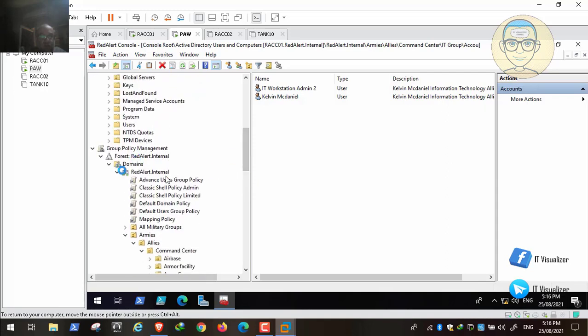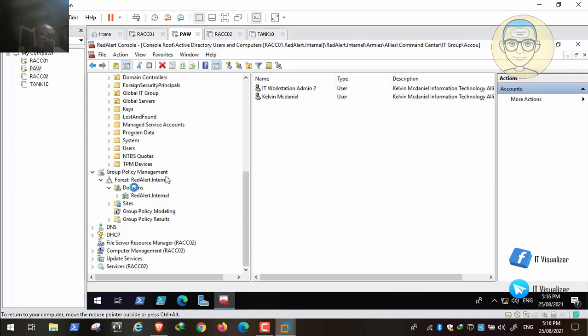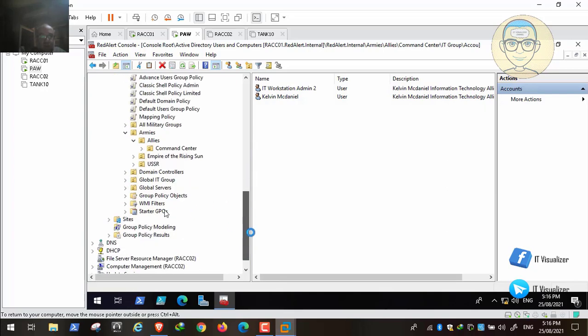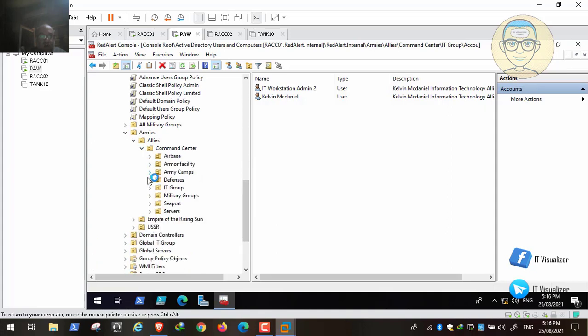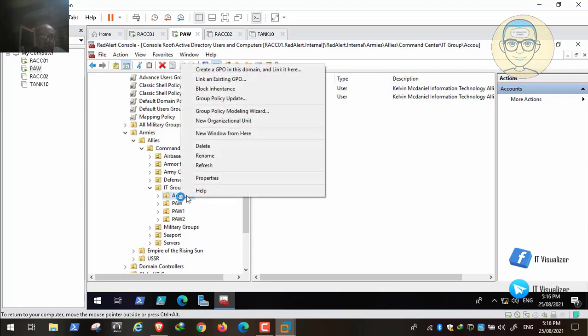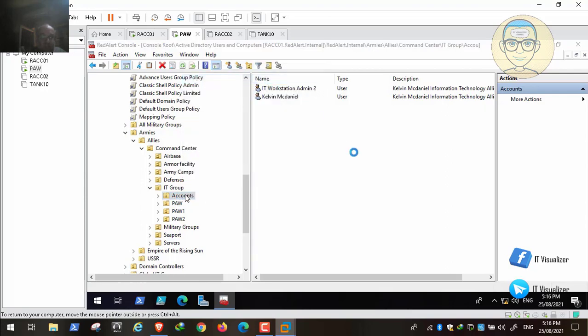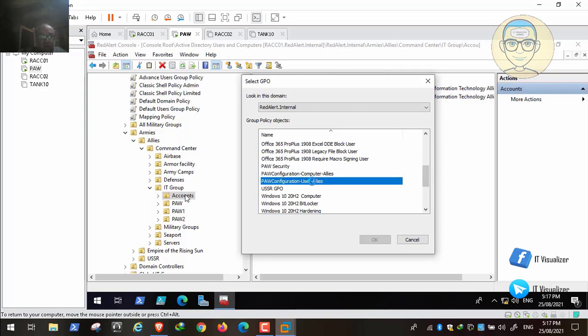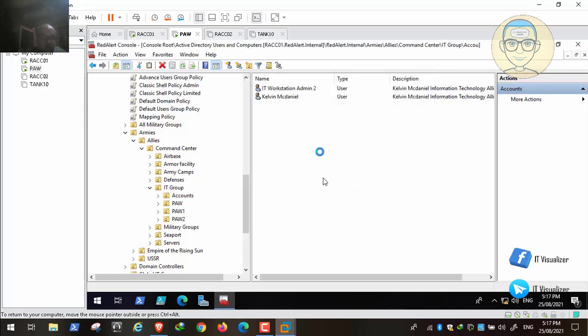I think we need to open it or refresh, okay, right click and refresh, and then we will go there and we link the POW, okay, we go to ally and then command center and then apply our POW users group policy to the accounts. This contains the POW users, okay, so we link an existing GPO and then we will link the POW ally users, okay. So we'll do this,